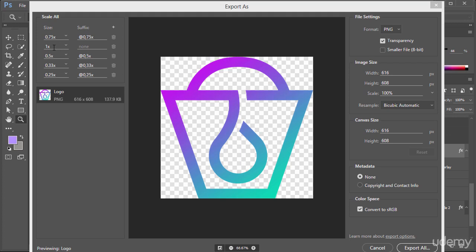But basically the purpose of these is saying we want to take this asset and we want to export this here as just the size that it currently is, and this will be in the XXXHDPI folder. And then we want to scale it down by 75%, 50%, 33%, and 25%. And these are all the proportions that you have to scale down assets for Android when you're dealing with those different resolutions. All right, so once you have those ready to go, all we have to do is hit Export